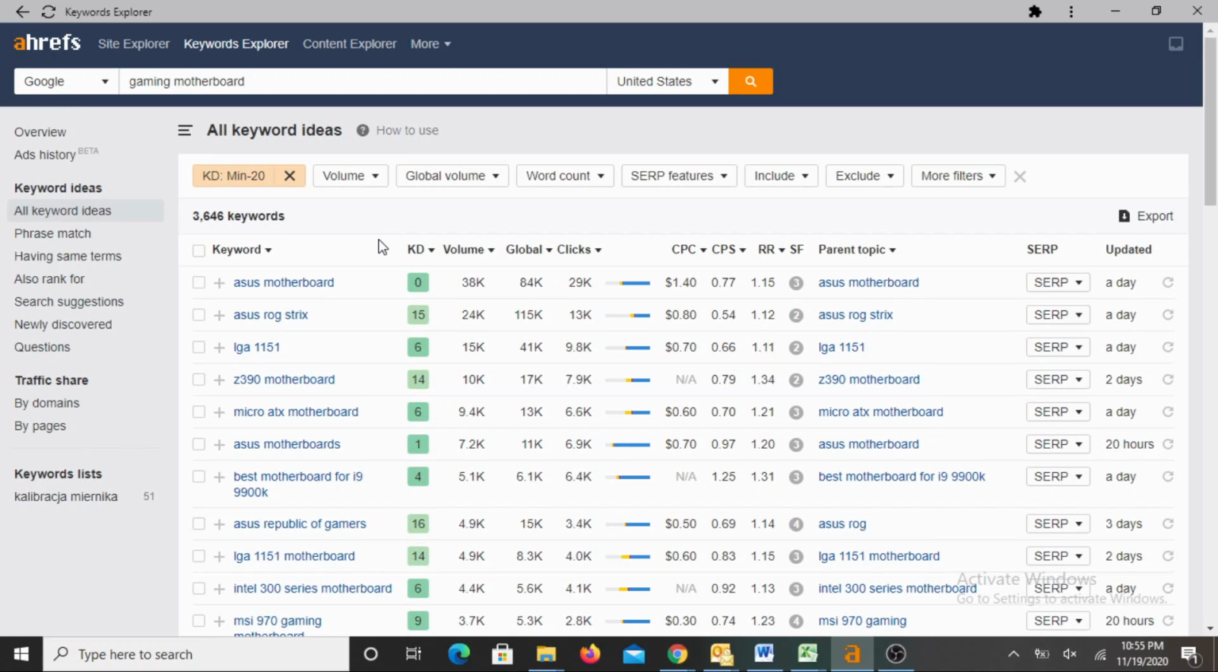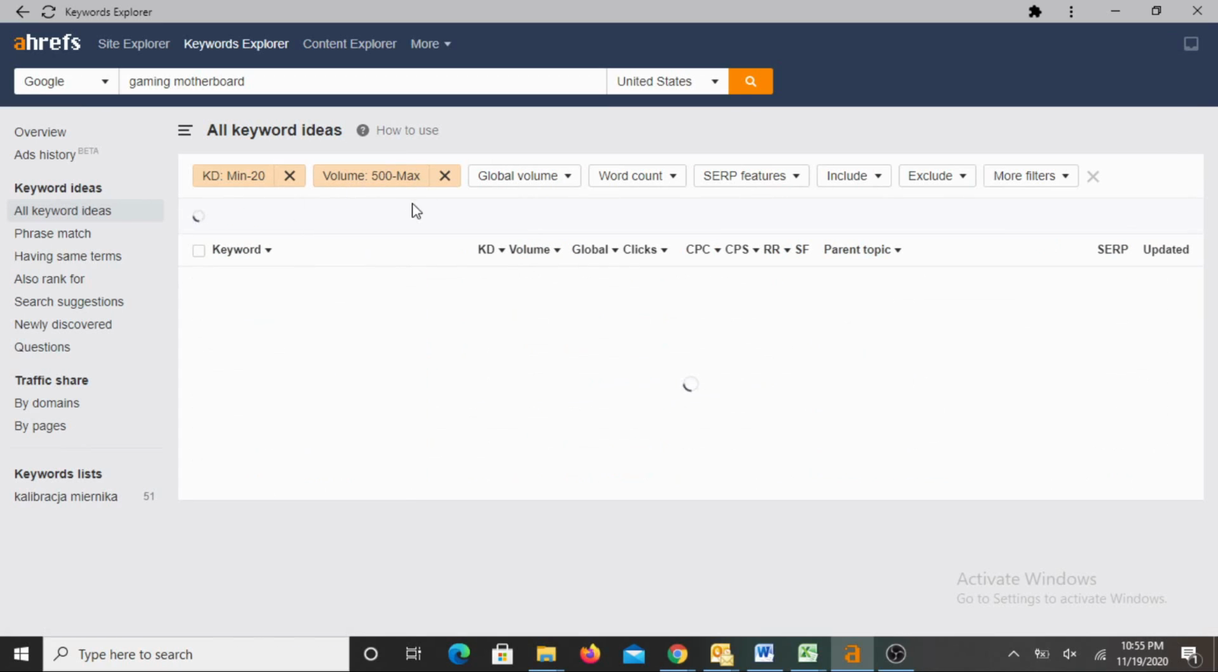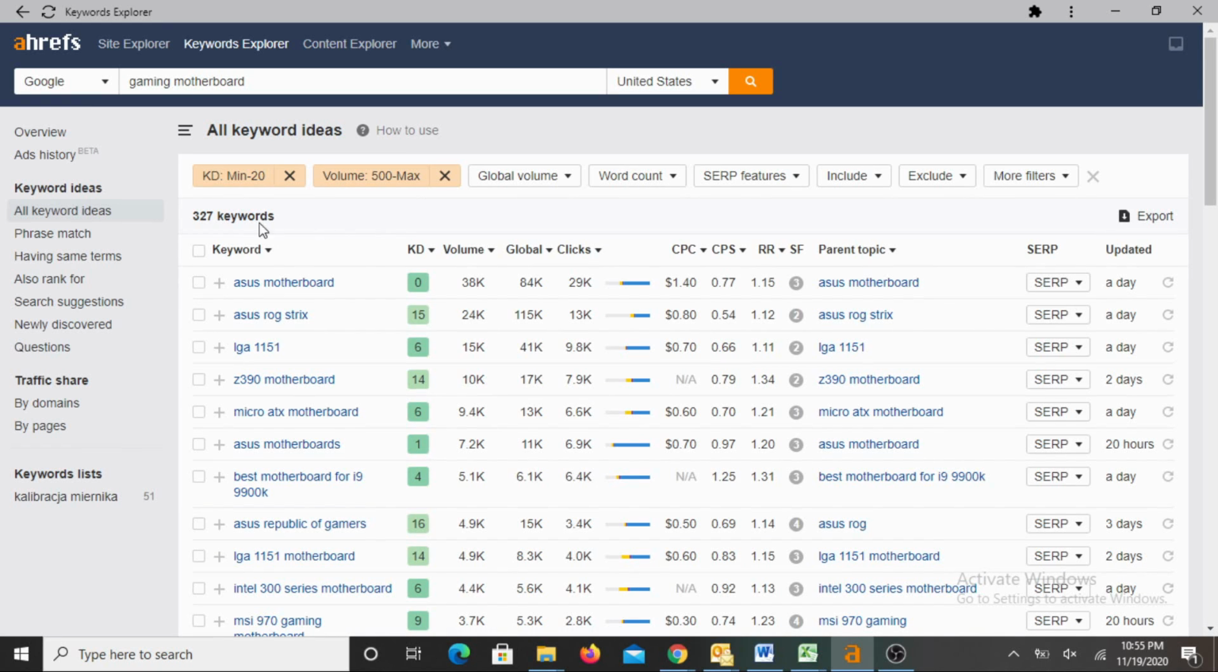So how we normally validate is, we already filtered the keywords based on difficulty less than 20. Let's apply one more filter with volume 500. Now this combination of filters will give you the list of keywords with difficulty less than 20 and volumes more than 500. To my surprise, you have 300 plus keywords. And keep in mind, there will be a lot of keywords which may not have the gaming word, and motherboard may also be spelled as mother space board,